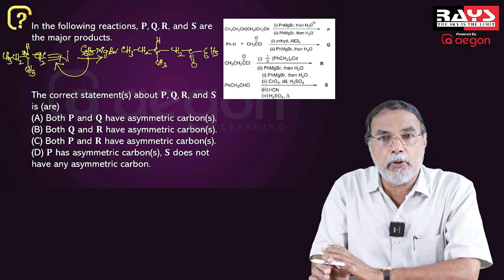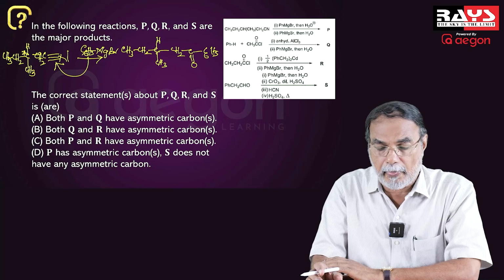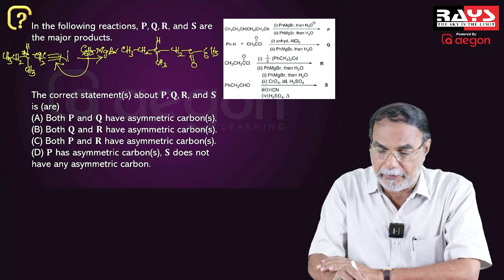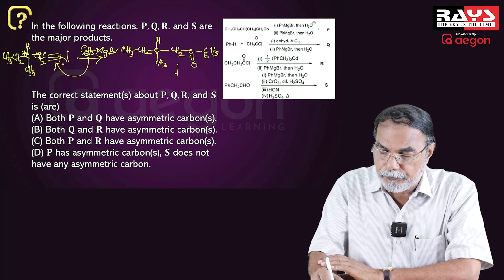So it's a known method for the preparation of ketones, Grignard synthesis of ketones starting from cyanide. And this compound